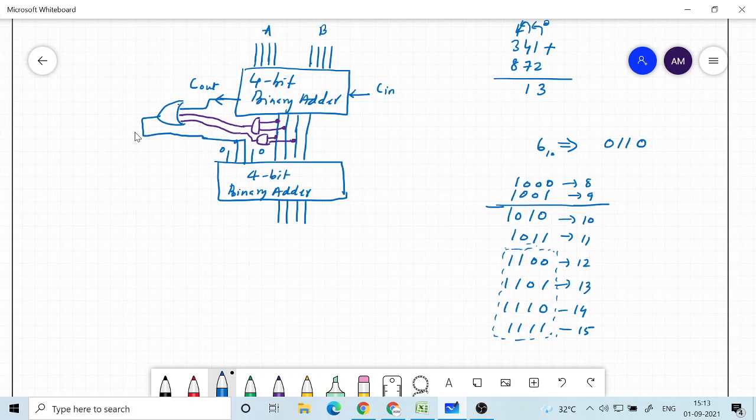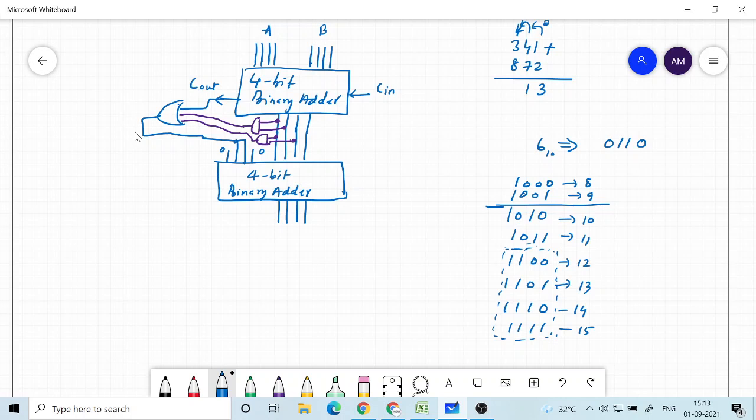But if it is the third category where we got a carry, then that carry will make the second input become 6. The first input is coming from the above adder, and the other input is going to become 6. So that 6 will be added and the result will be corrected.